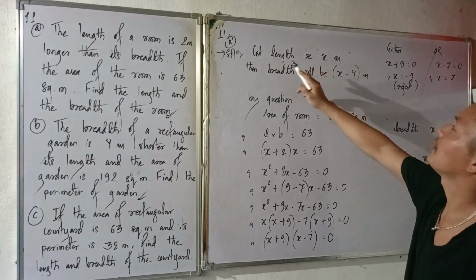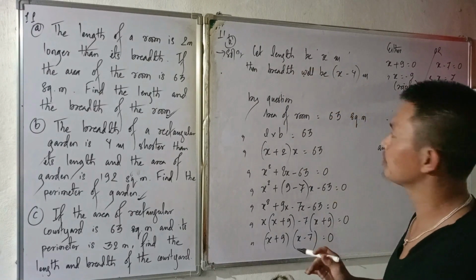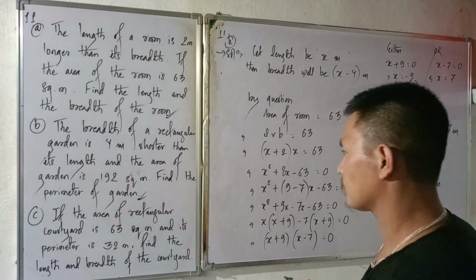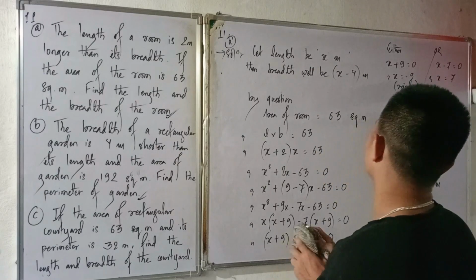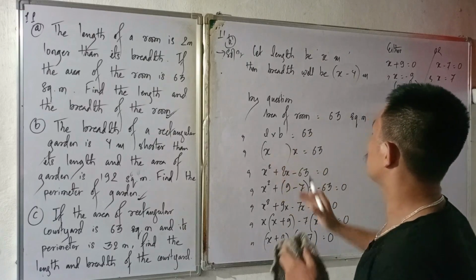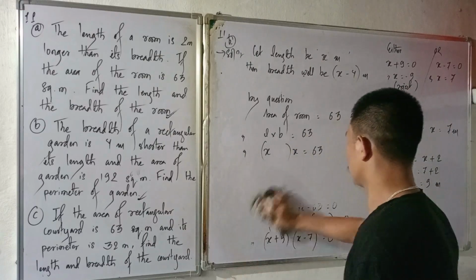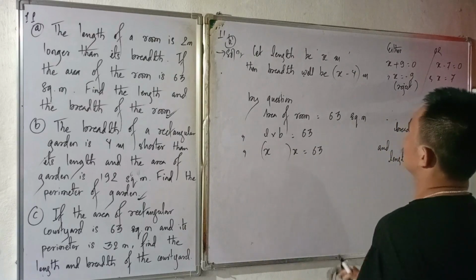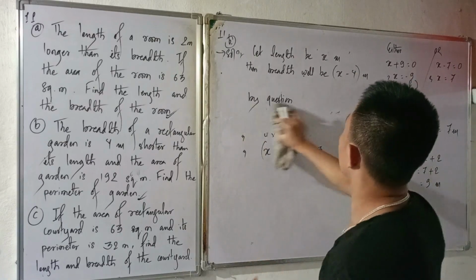We have considered the length x meter. Now by the question the area is given, the other process will be the same. Just replace the value, the other procedure will be the same. By the question,